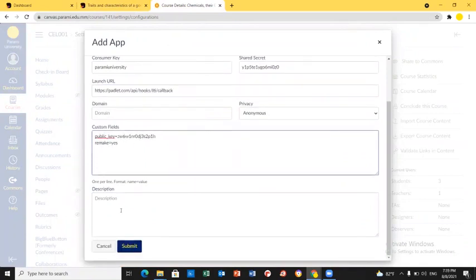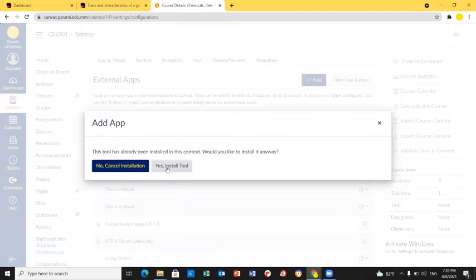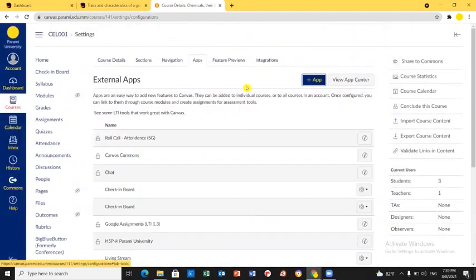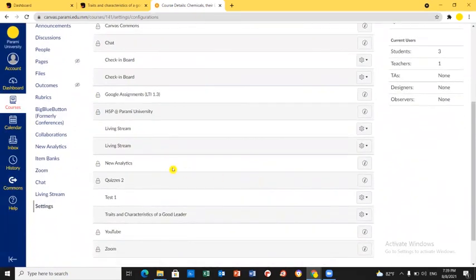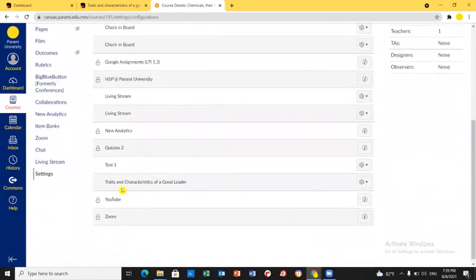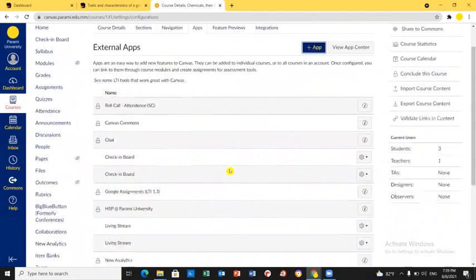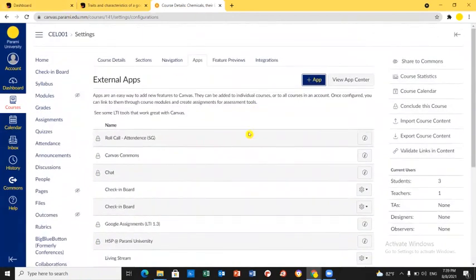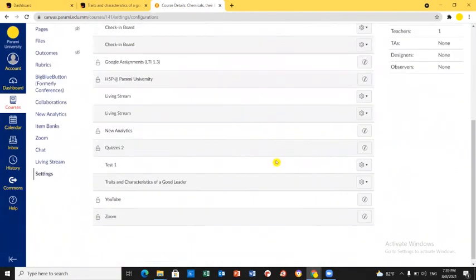Right, for the description, you can add it, or you can just leave it. Now I'm just gonna go ahead and click submit. And go ahead and say yes. To see the new app that you have recently added, you can go to the apps and then right here. And now that we have already added a Padlet in our Canvas,